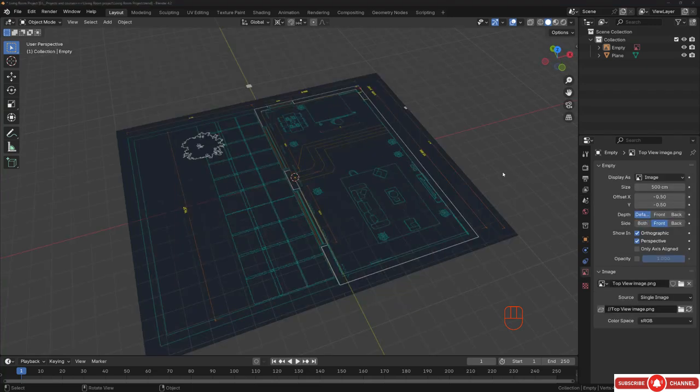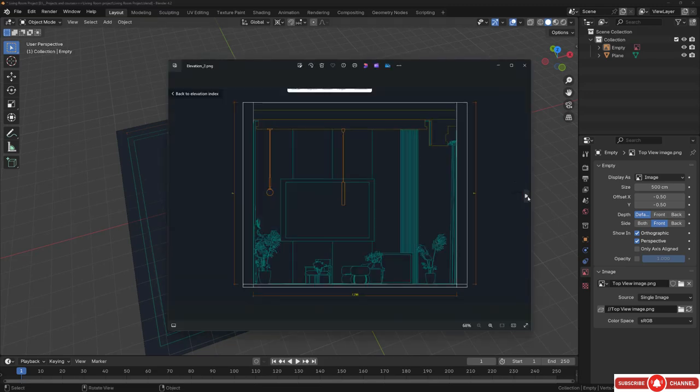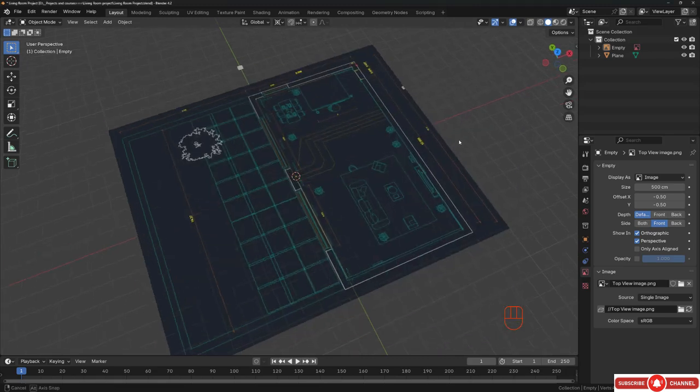Hello again and welcome back here. In this video we're going to import the other images, the elevation, this image right here and this one as well. So let's go to the top,